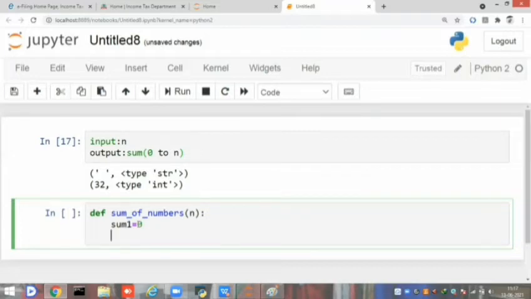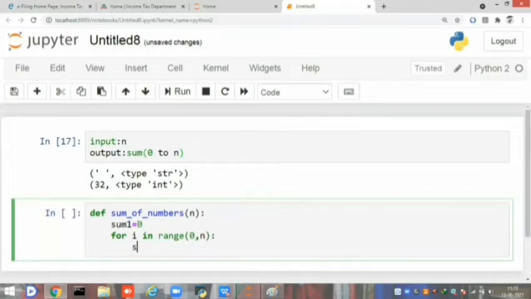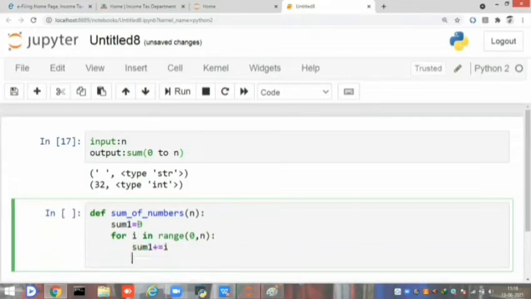So in this case, we can use either a for loop or a while loop. I'm using a for loop: for i in range of 0 comma n, sum1 plus equal to i, and I am returning that sum1 value.